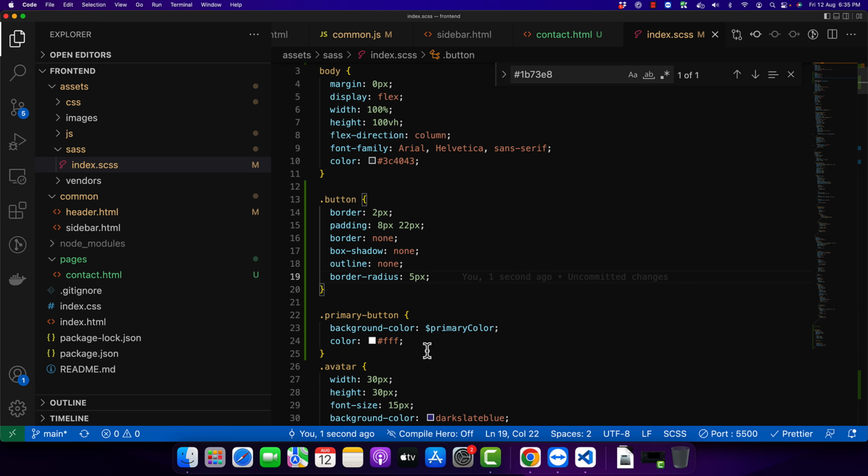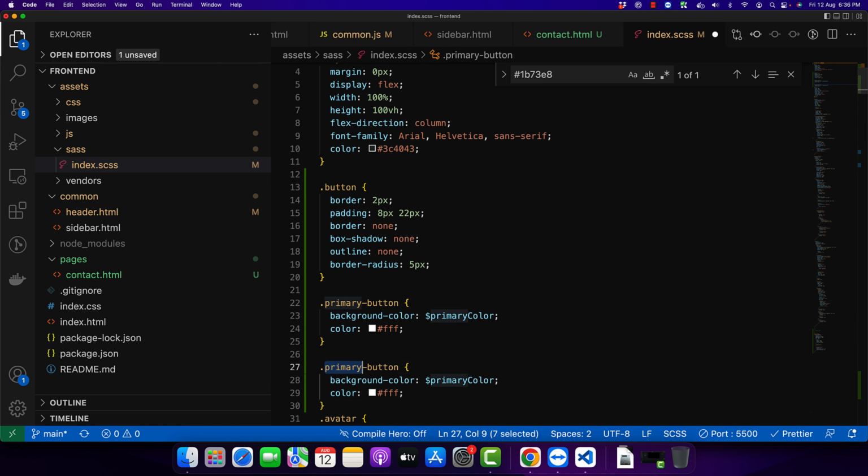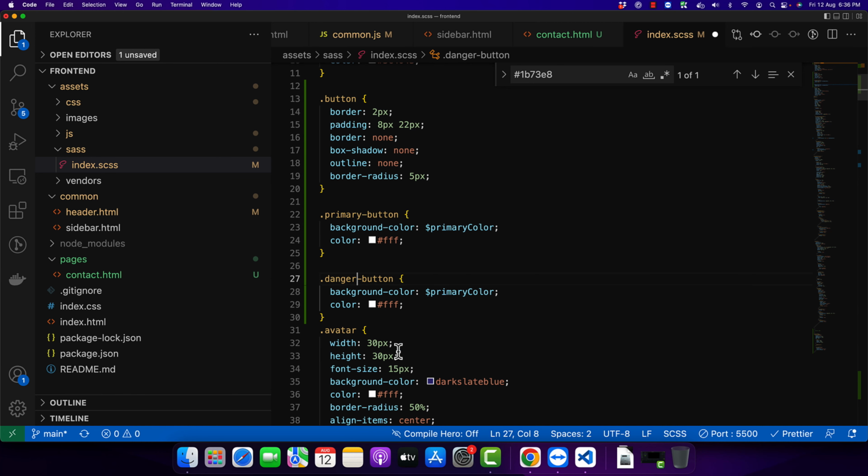So in this way, it would automatically apply all of these styles if you add the button class, and the other specific styles would be applied with the help of the specific class. Like for the primary button, it would add the primary background color. Okay. Similarly, I'm going to add another class that would be danger button. So we will use this class to